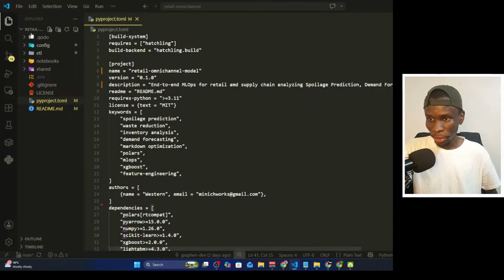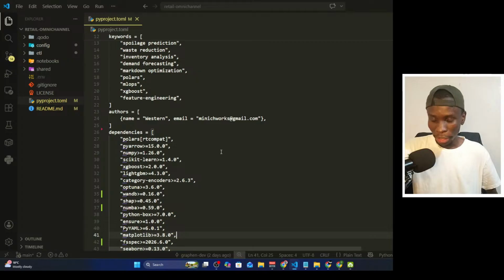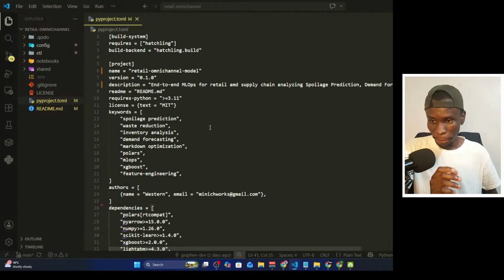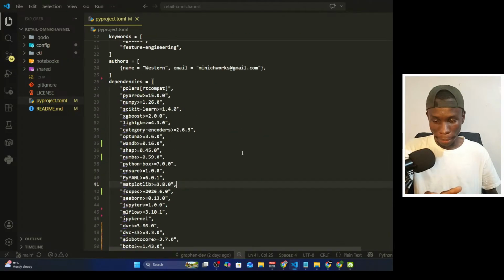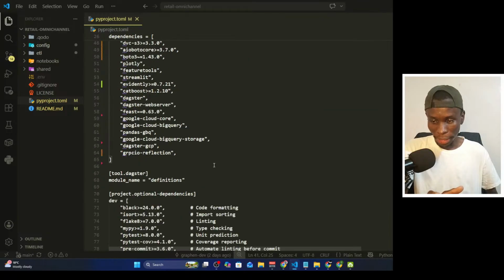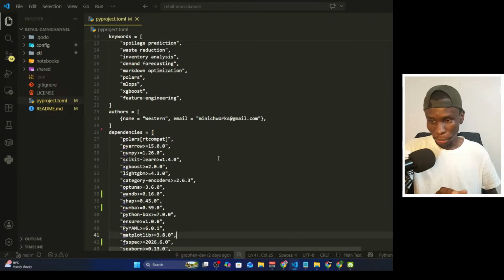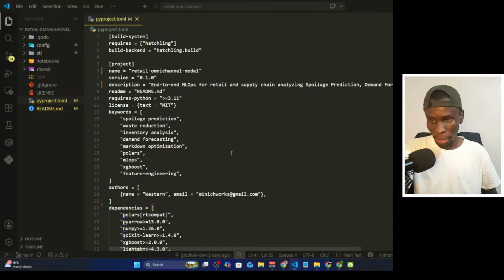Let's get started with the project itself. As I had said earlier, there's a problem with the dependencies, so I tried to update them. These are the dependencies that we'll be working with. Because we are using UV for this,